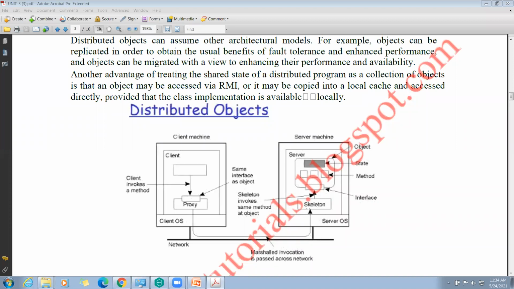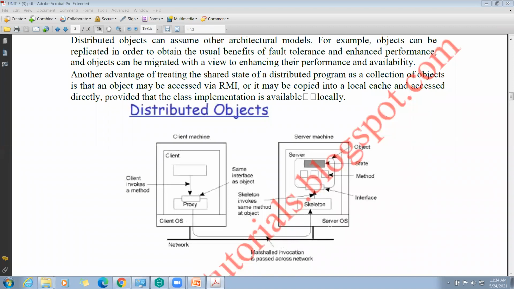Once it is routed through the skeleton, all the incoming requests are routed through the skeleton, right? Then it invokes the method on the actual remote object and it writes and transmits the result to the caller. In the same way that the invocation has been marshaled, here also the result is marshaled.